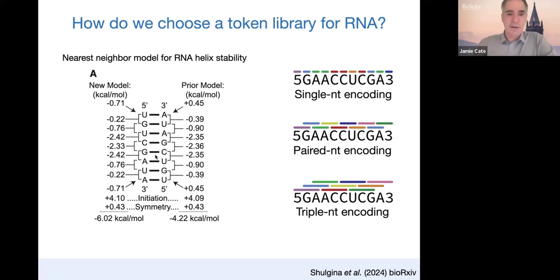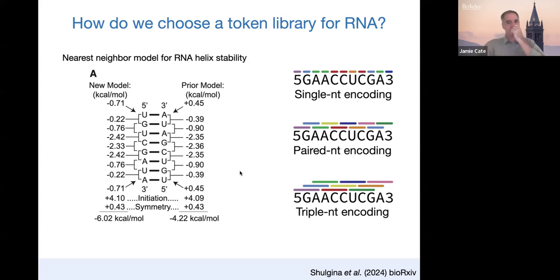That's kind of based on the idea that this A has a very specific context. Maybe I'll pick something different. This may not be the best example to show it, but for any nucleotide, it has neighbors that are going to change how it's seen. So like this G, for example, this G has two U's surrounding it. That G has a C and an A. So those G's are not equivalent, and they would not be equivalent in the encoding that we're using for our language model. Does that make sense to everybody?